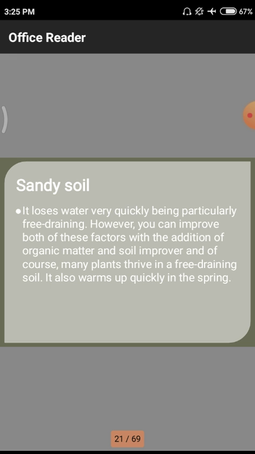It also warms up quickly in the spring seasons. Spring means the cold season. In the spring season we don't have a huge amount of water. It is the main property of these sandy soils, that means it loses water as easily as possible. Whenever we add some amount of organic matter, the water will be retained up to a particular limit. In the spring seasons, the total water will be drained, and the total surface will be wetted. Warms means wetted.